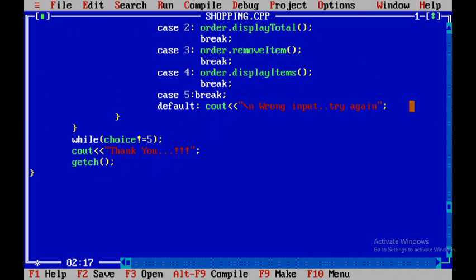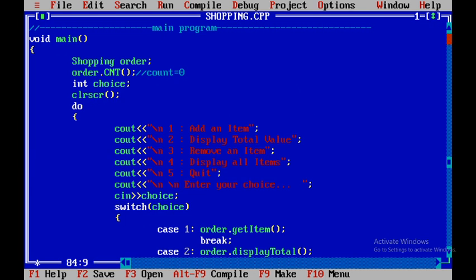This do while loop will continue if the choice is not equal to 5. When the user gives choice as 5, the do while loop will terminate and the last print will be thank you. So this is about the code of this program.